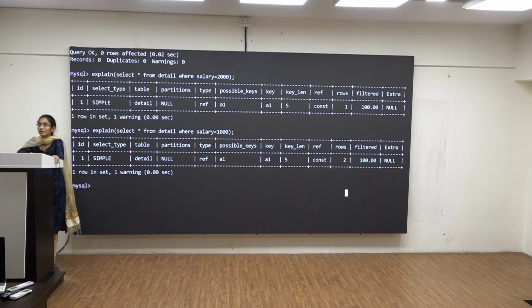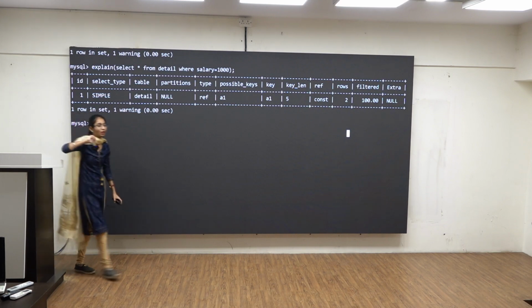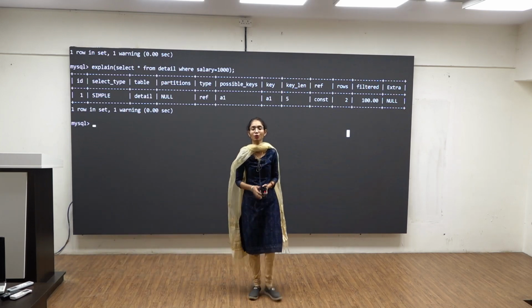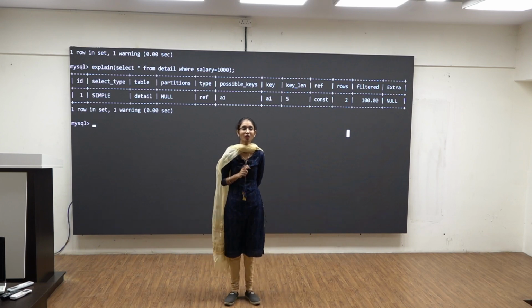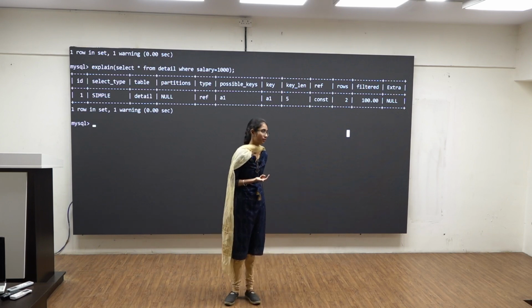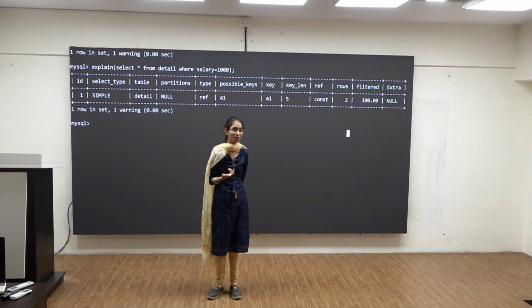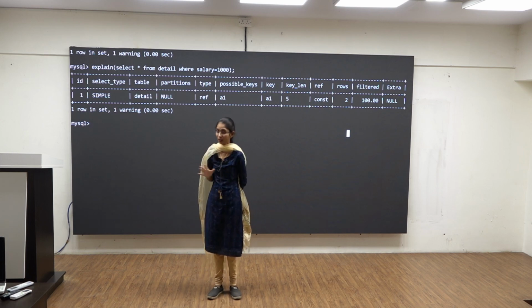Fine. So next let us see about views. Okay. Now, index we have learnt. Now what are views? These are nothing but virtual tables. Views are nothing but virtual tables. Why this is used and why it is important in real time is,